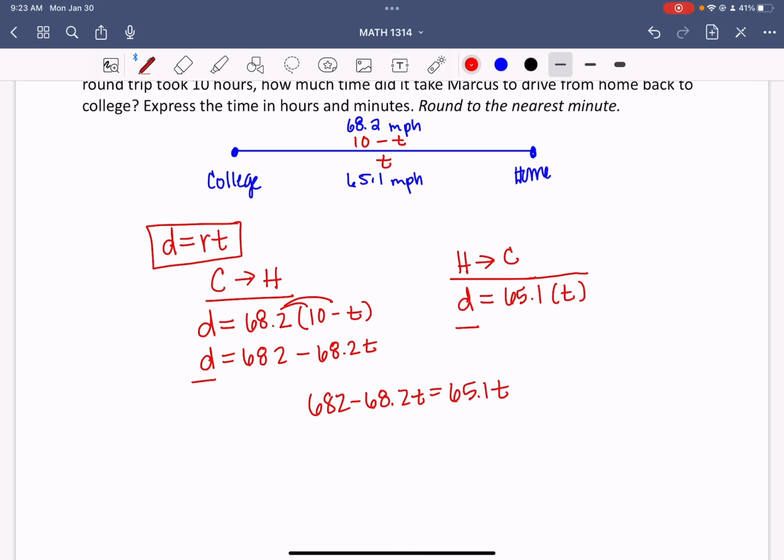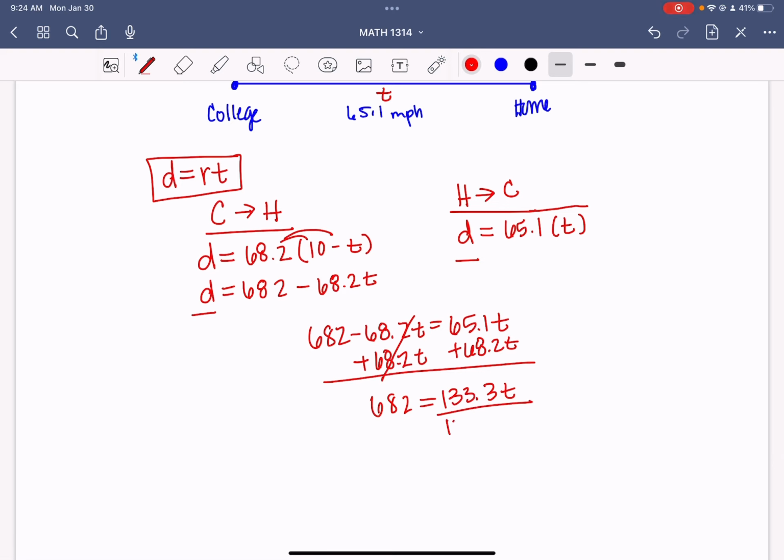Then I can solve this out. I'm going to get my T's together, so I'm going to add 68.2 T. It gives me 682 equal to, adding those two together, 133.3 T. Divide both sides by 133.3, and that gives me T equal to 5.12. This is in hours, because we were doing miles per hour times hours, which gave us the distance in miles. So this tells me that in 5.12 hours